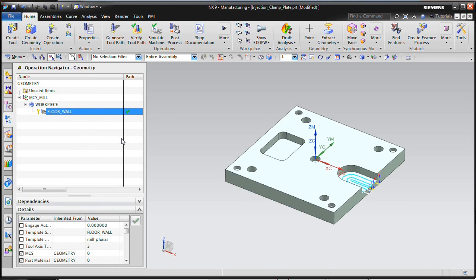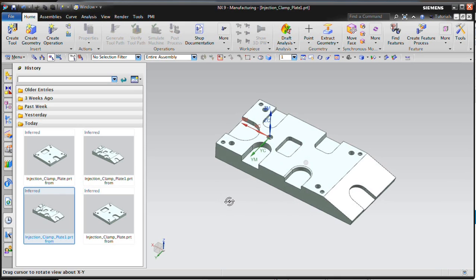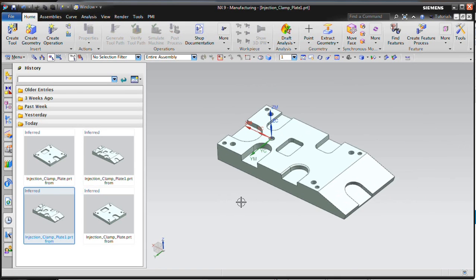Okay, next we're going to open a different file and see if our teach operation and teach feature is working correctly. Here's the file we'll use to do our testing. It has more slots